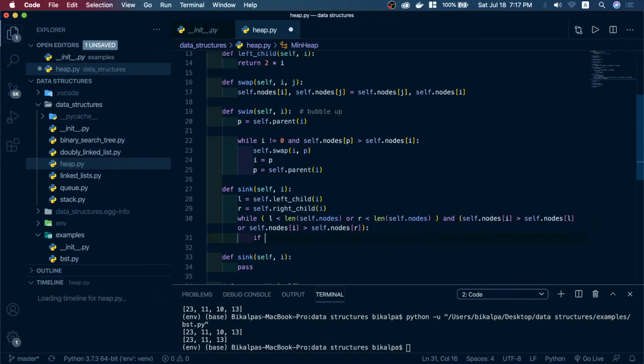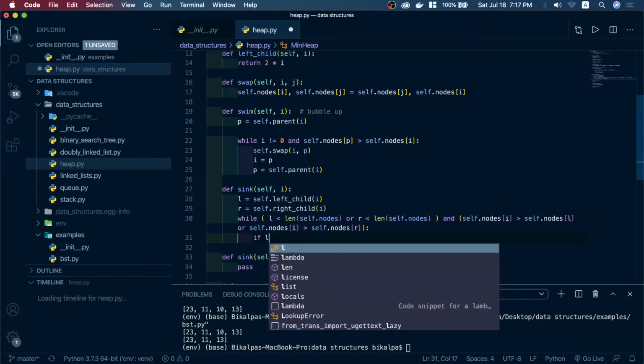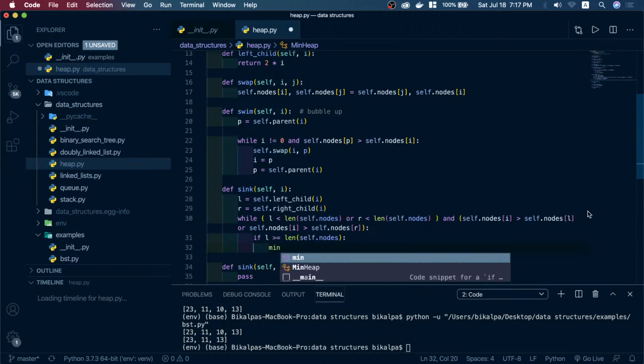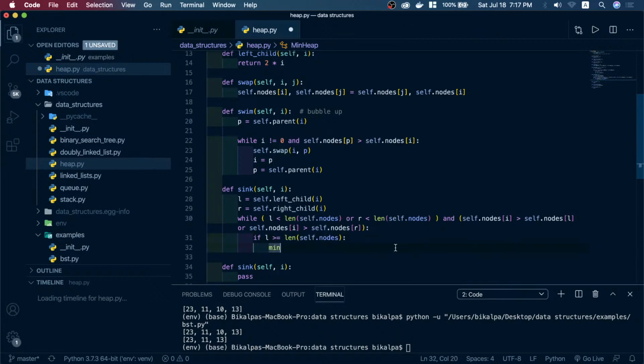So what I'll do is, first of all I will check if L is greater than or equal to the length of self.nodes, then in that case I think min value index would be better here, min value index equals R, because L is already out of bounds. So we will have the minimum value in the right child,